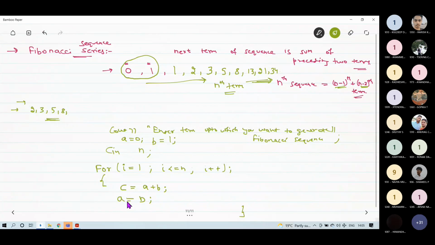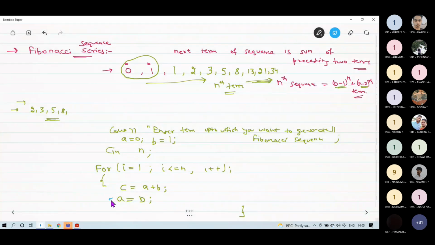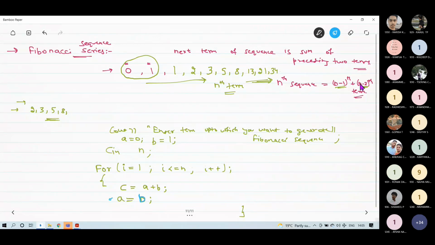What does this mean? Actually, this statement will assign the present value of b to variable a. That means I am giving the (n minus 1)th value to the (n minus 2)th variable.